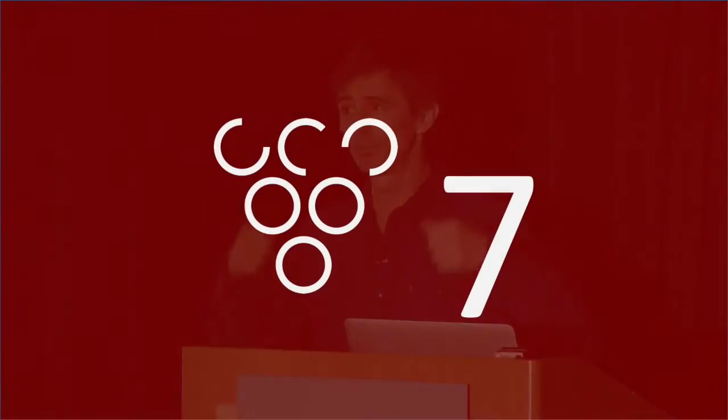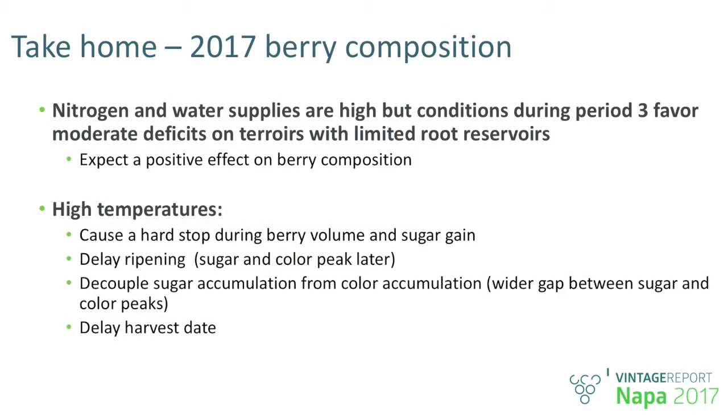than in 2016. And it's not the first time we're saying that. Actually, it was published by Sadras and Moran in 2011. It is expected that in the context of global warming, there is going to be a lack of synchronization between the peak sugar and the peak color. This uncoupling between primary metabolites such as the sugar and secondary metabolites such as the flavonoid is expected to be more and more pronounced in response to heat, which is the seventh take-home today.